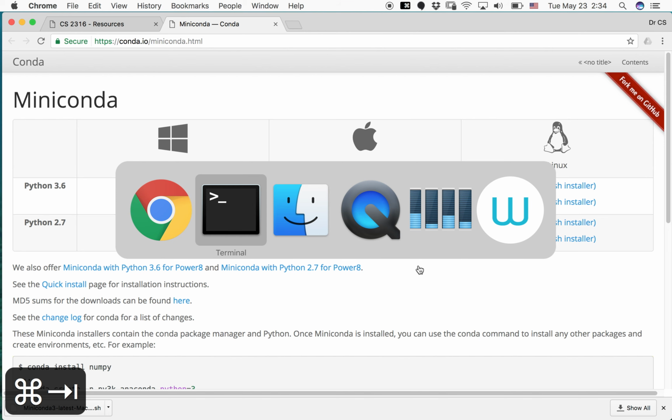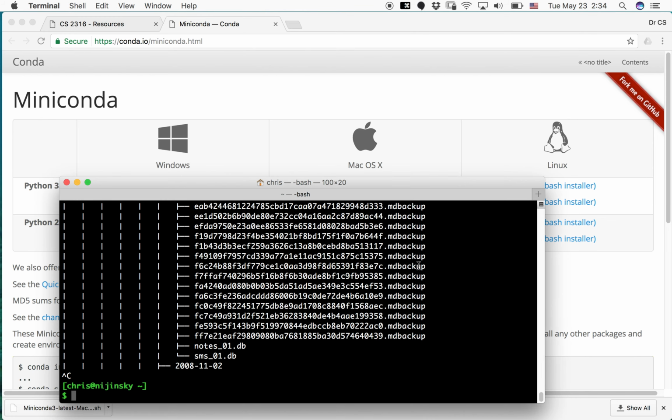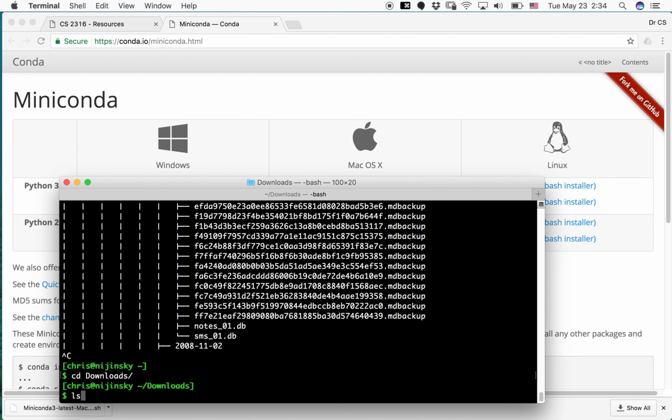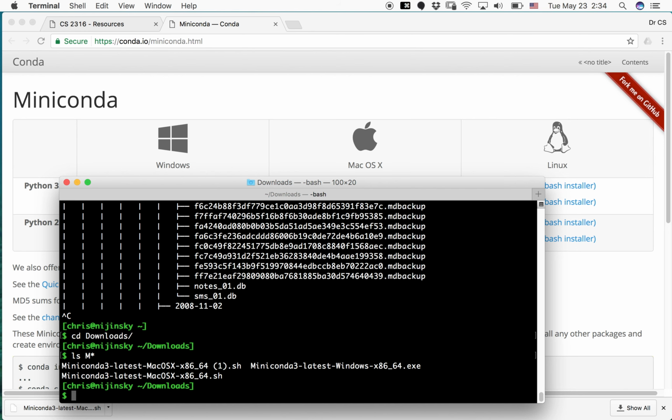So Alt-Tab back over to my terminal. I cd into my Downloads directory, and I do an ls m star. That'll show me everything in this directory that starts with an M and ends with anything. All right. And I see all the million different copies of Miniconda that I've downloaded. Now, to run the Miniconda installer, I want to say bash. What that does is it invokes the bash program, and then I will give a command line argument of